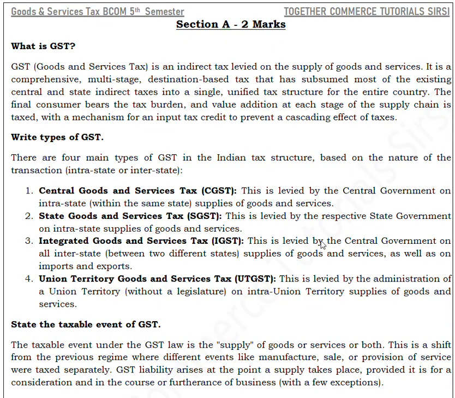This is levied by the central government on all interstate, that means between two different states, supplies of goods and services as well as on imports and exports. The fourth and the final type of GST is Union Territory Goods and Services Tax, that is UTGST. This is levied by the administration of the Union Territory without a legislature on intra-union territory supplies of goods and